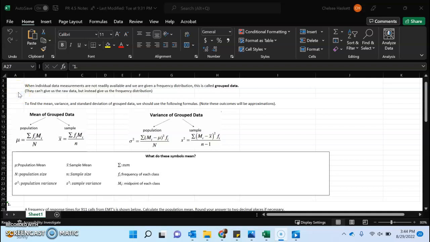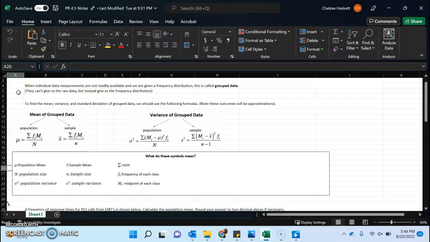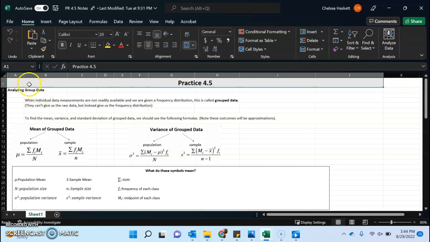All right, so we are going to talk about 4.5, which is focused on analyzing group data. When individual data measurements are not readily available and we are given a frequency distribution, this is called group data. They can't give us the raw data, but instead give us a frequency distribution. So they don't give you the exact scores and what they were. They just give you, okay, between 60 and 67, 5 of those came up, and 68 to whatever, 9 of